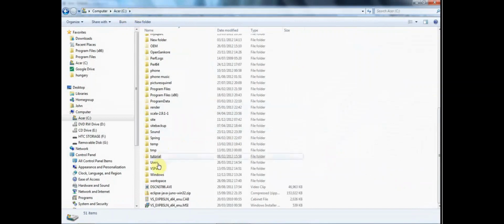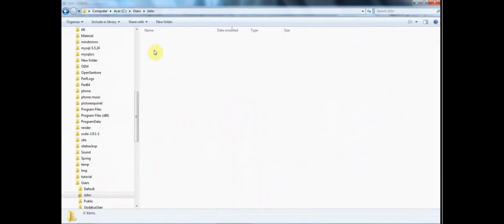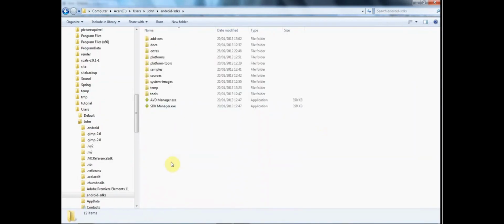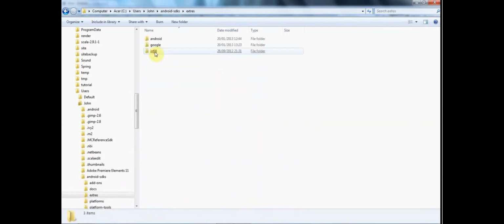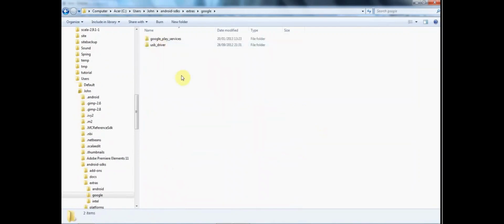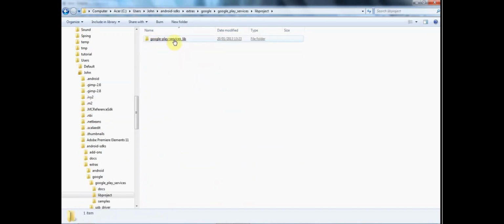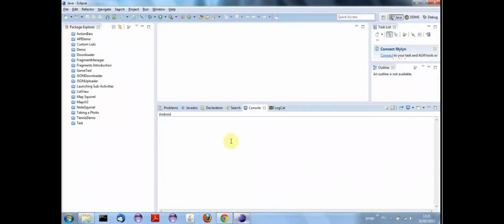So I go to C, Users, John in my case, Android-SDKs, Extras, Google, and then you see this Google Play Services folder, and if you go into there and then click lib project, you see this Google Play Services lib, and that's what you need. So you need to create a lib project like this in your workspace, and to do that, at least the way that worked for me was,